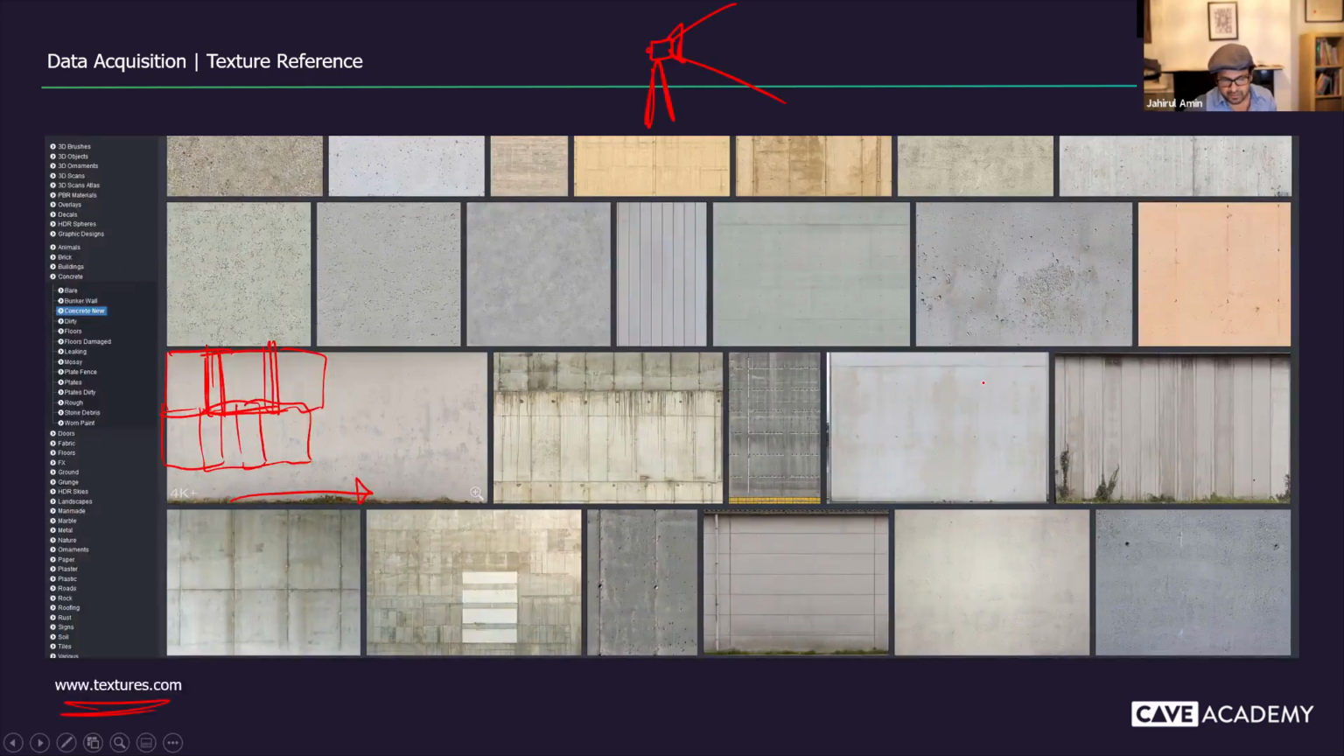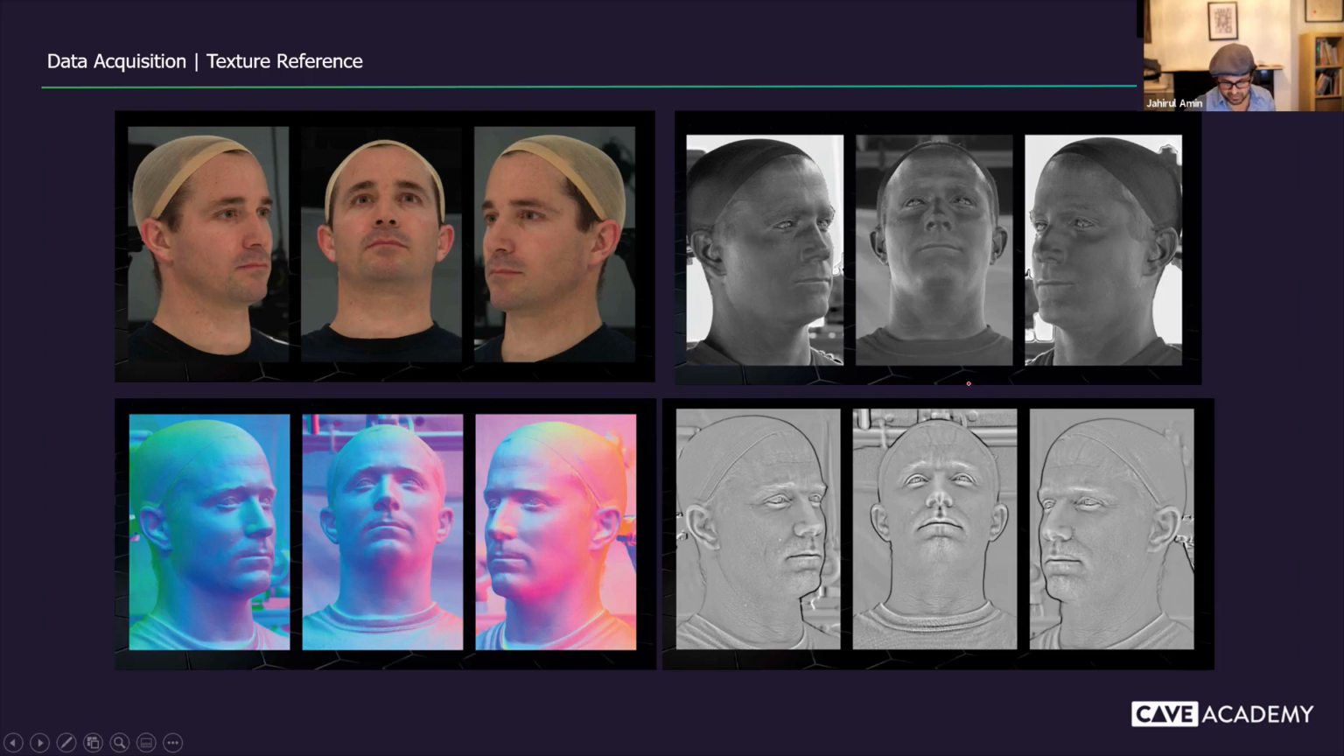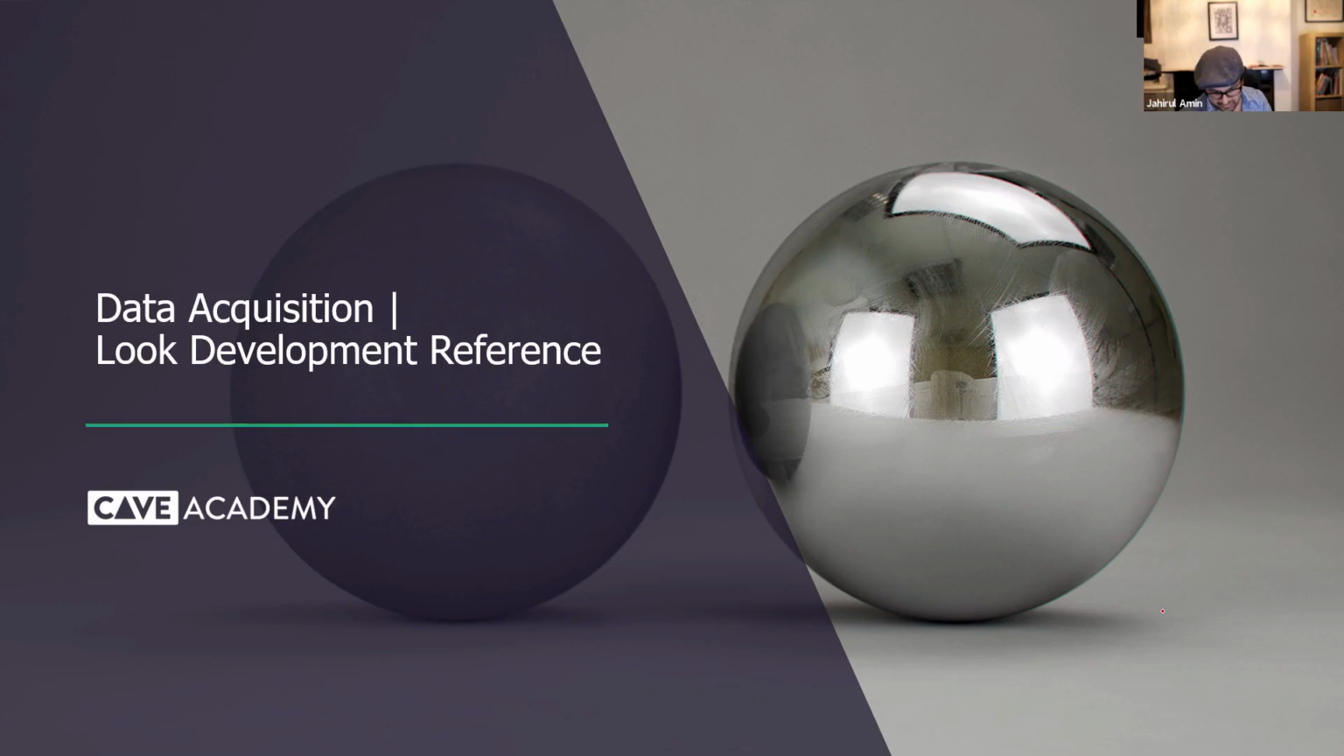Cool. Okay. So this is just more texture reference again from clear angle. We have the diffuse here that's been shot with polarized lenses. We then have the spec, and we have a normal in this case as well, and a displacement. So lots of information that they should be able to use in post to create something that matches pretty quickly to the reference. So I wanted to put look dev reference in here